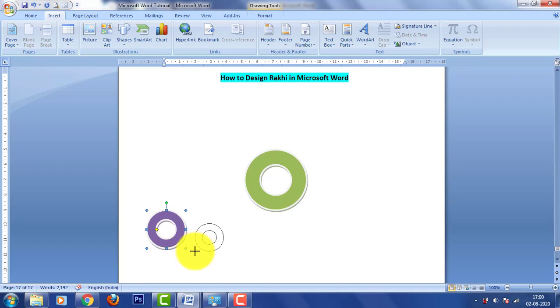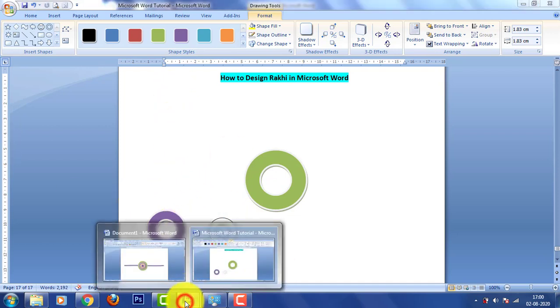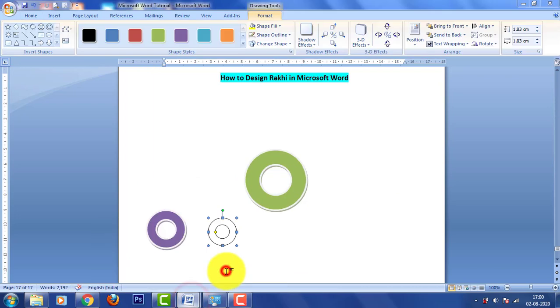Press the Shift key to get a perfect circle. Now this fits over here. Just see the dimension so that it fits over here. So it's okay, let's keep it over here separately. Then the color as per the design is this orange. So let's select this.